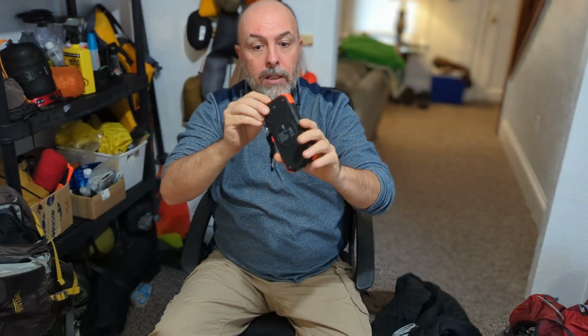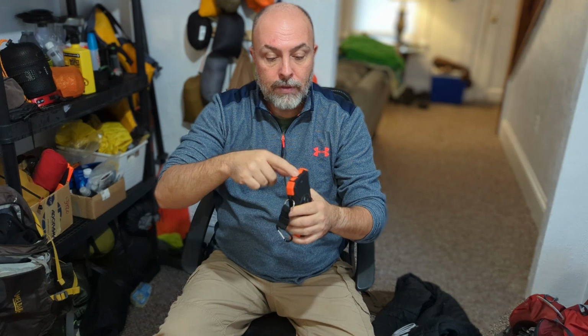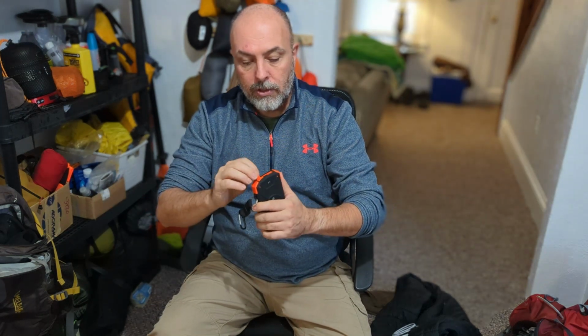My phone does have Qi wireless charging, or QI, I don't know how it's pronounced. So if at lunch I need to charge my phone, I can just put this face down, put my phone on it, and it'll charge. It does have USB-C and a standard USB, and I think a micro USB in here. So standard USB for charging out, USB-C for charging out and charging the device, and a micro USB for